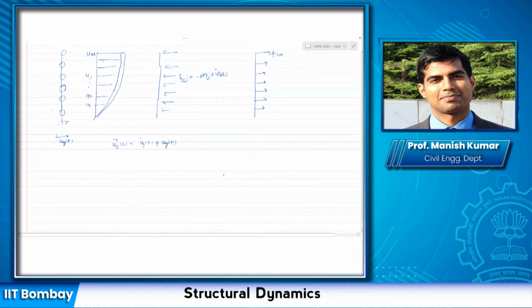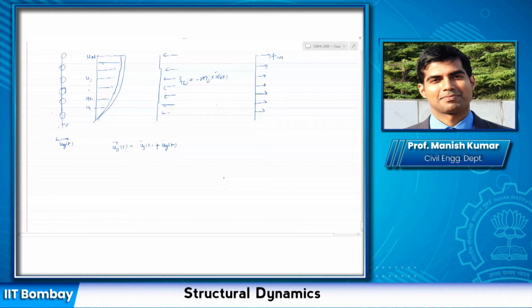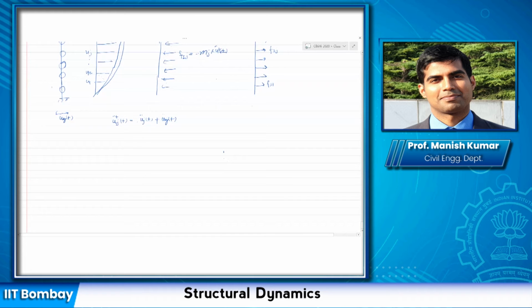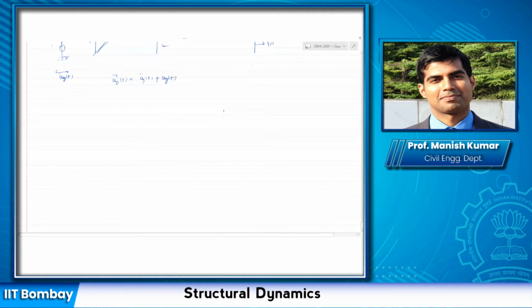Before going into the derivation of the equation of motion, recall that for a continuous system the work done was by the internal moment. For a shear type building, the work done is actually by the shear force at different stories. So if you have a building like this, and you cut any story, remember that the building is going to deform something like this.